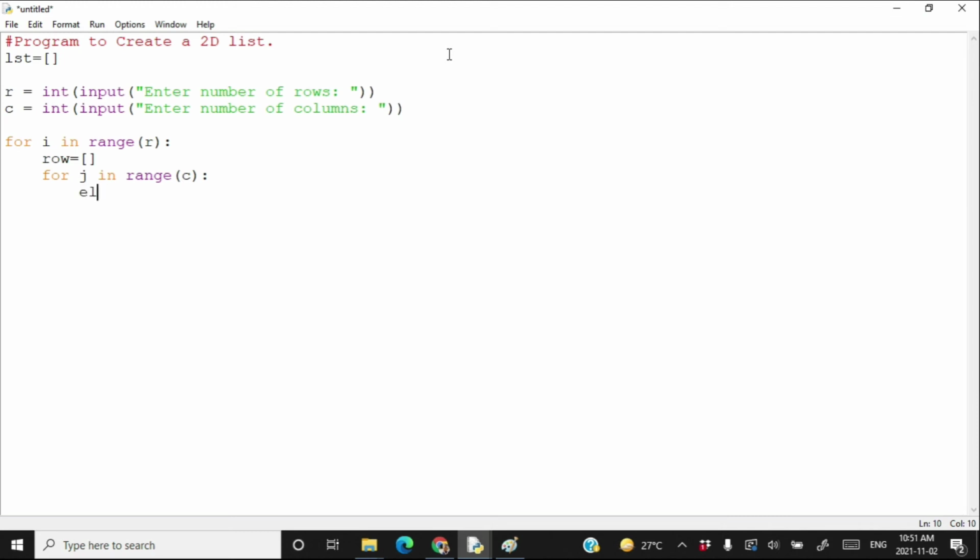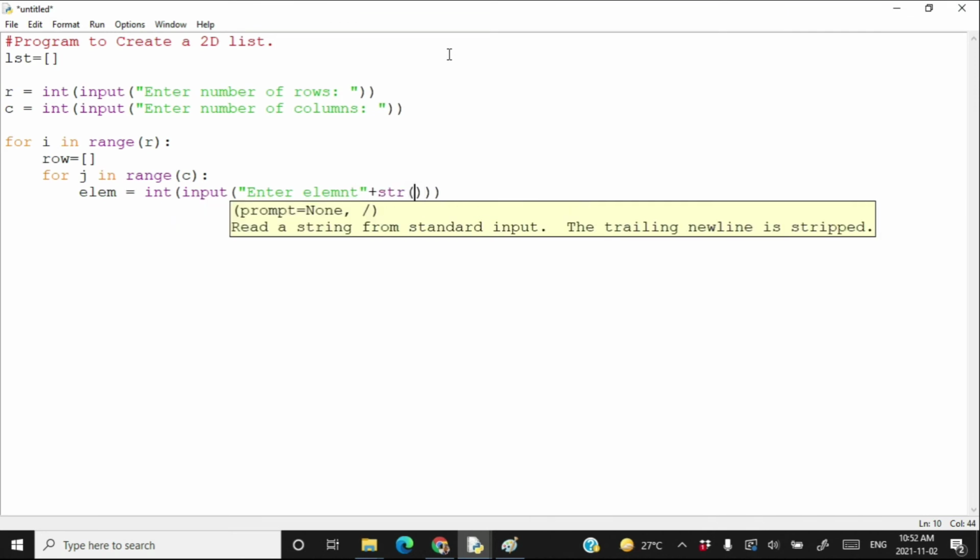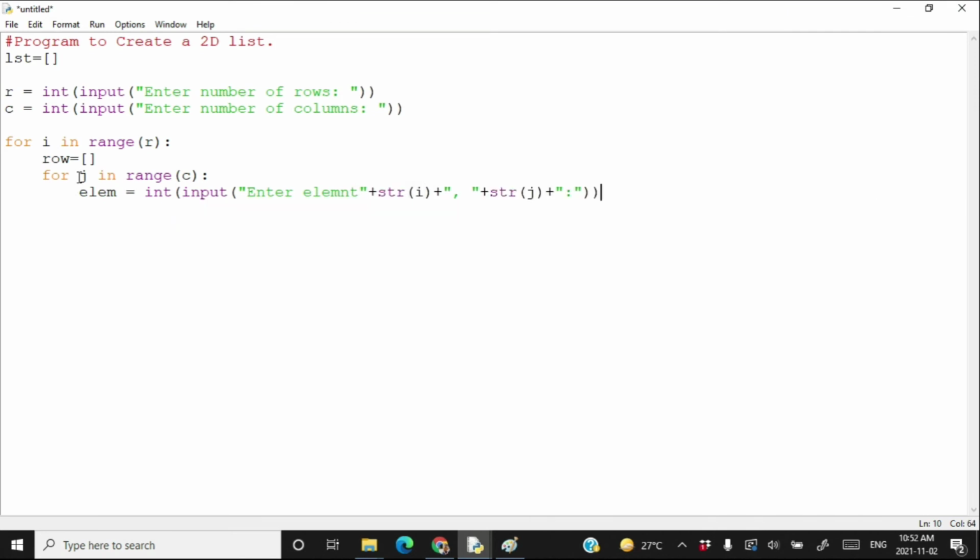That's why you write element is equal to int(input("Enter element ij")). For every value of j, enter a single element in the one-dimensional row. And whenever you get the element, append it to the row: row.append(element).